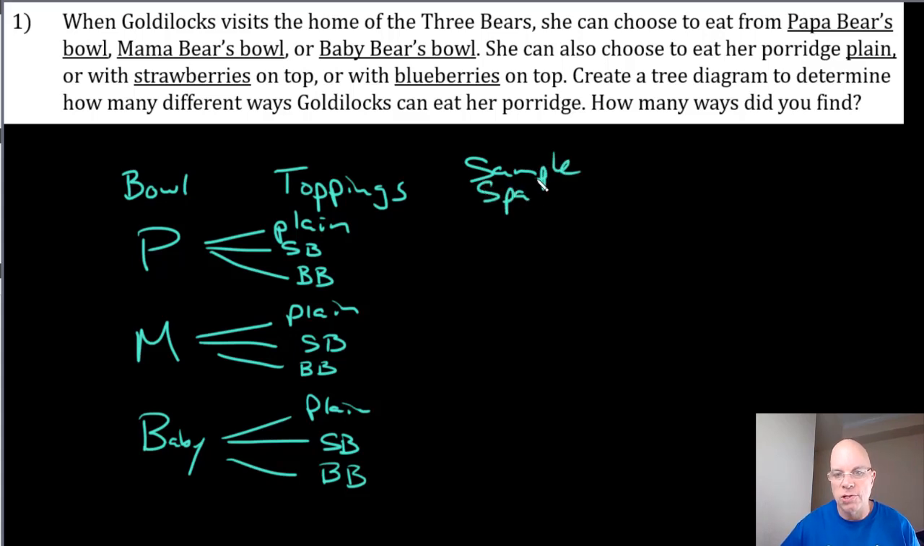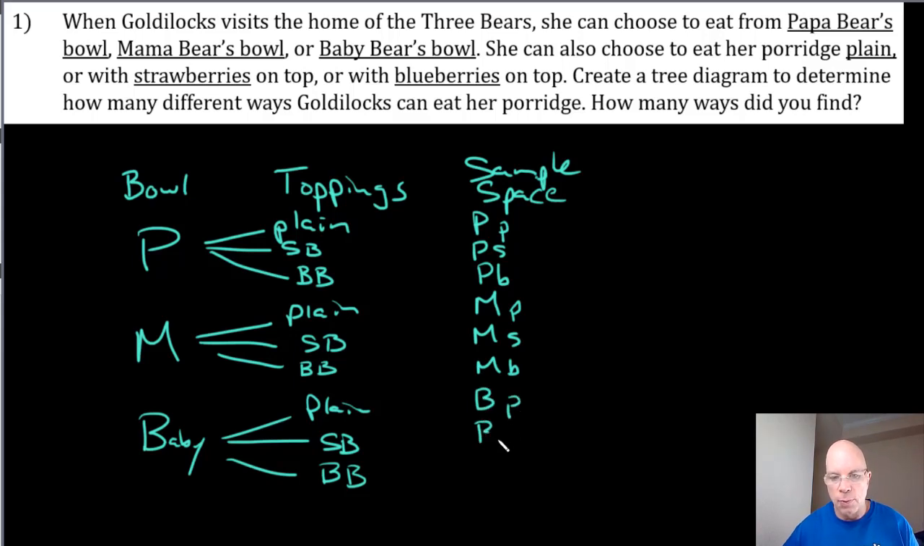the set of all possible choices or outcomes, would be Papa Bear's bowl plain, or Papa Bear's bowl with strawberries, or Papa Bear's bowl with blueberries. Or she could eat from Mama Bear's bowl and eat it plain, or Mama Bear's bowl with strawberries, or Mama Bear's bowl with blueberries, or Baby Bear's bowl and eat the porridge plain, or Baby Bear's bowl with strawberries, or Baby Bear's bowl with blueberries. So we see we have 1, 2, 3, 4, 5, 6, 7, 8, 9 ways that she can eat the